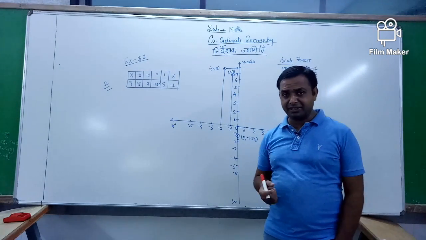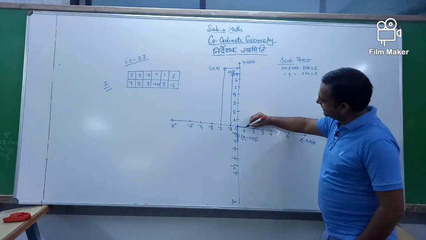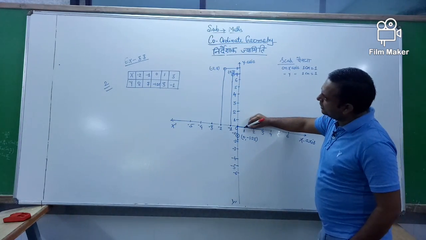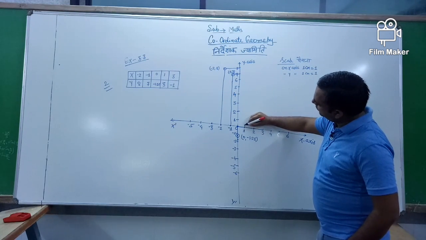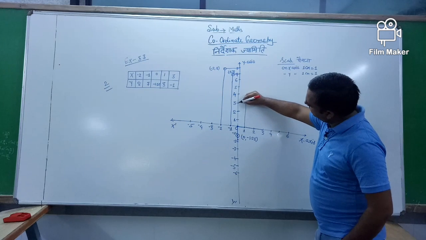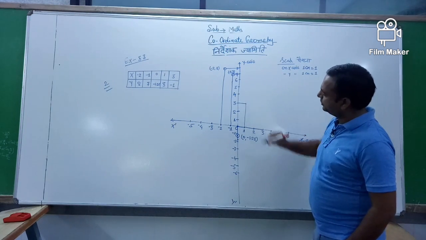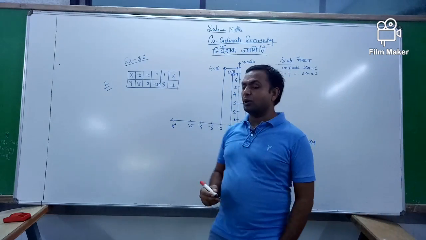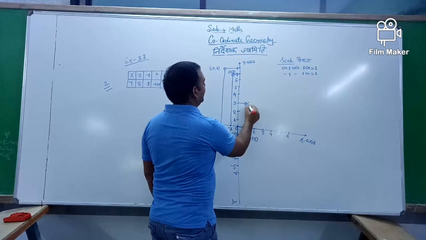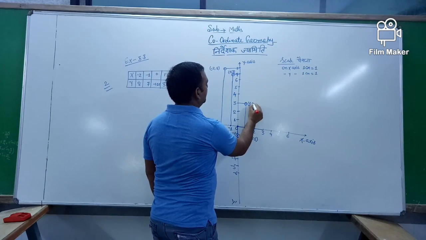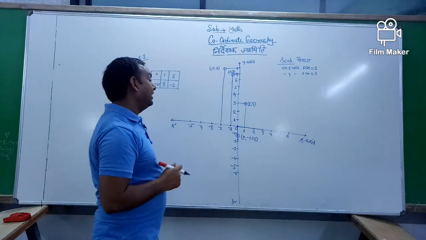Yes, all of you understand? Okay, fine. That x is equal to 1 means it is here, and y is equal to 3 means it is here. So you draw this point where x is equal to 1 and y is equal to 3. So this is the point where x is equal to 1 and y is equal to 3, right?